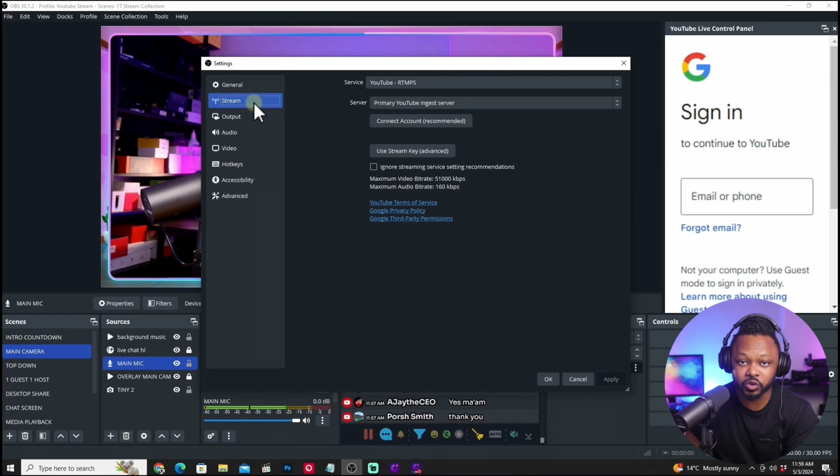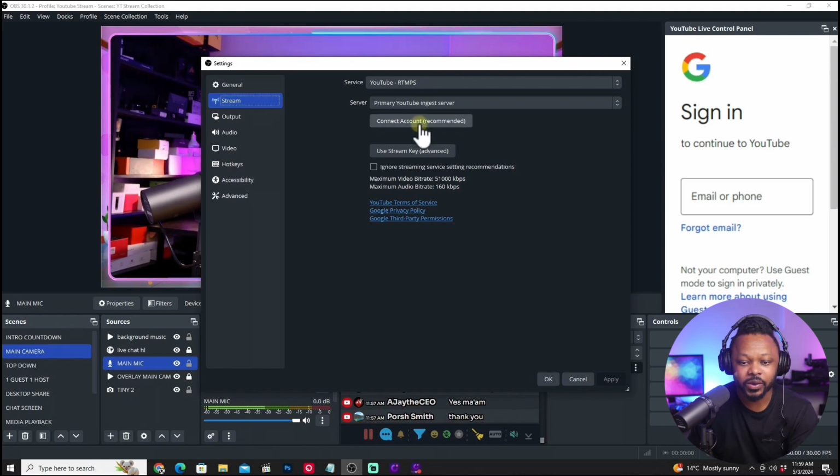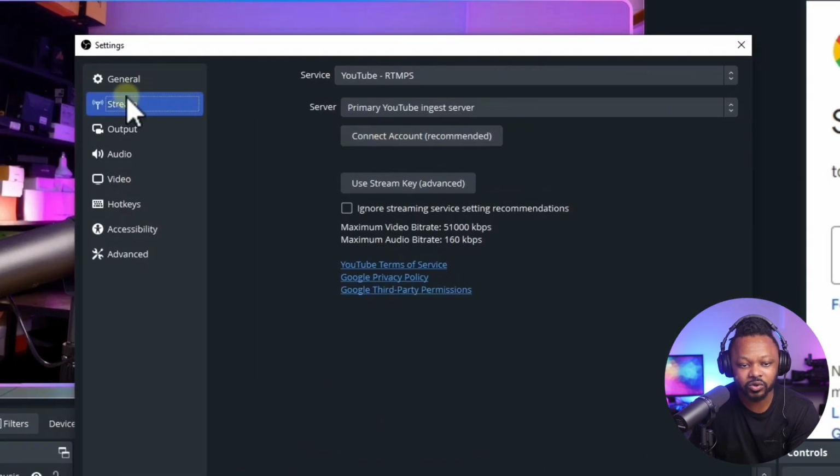Before you hit OK, you want to make sure you connect your YouTube channel to OBS so you can go live. So you're going to go here where it says connect. Under stream, make sure you are under service, YouTube RTMPS, and then for server, make sure it's on primary YouTube ingest server. Once you have that, all you have to do is click connect